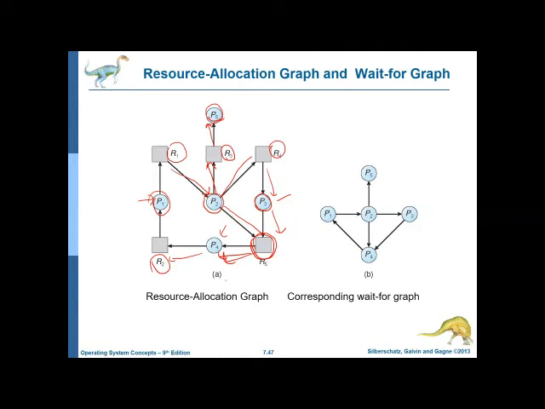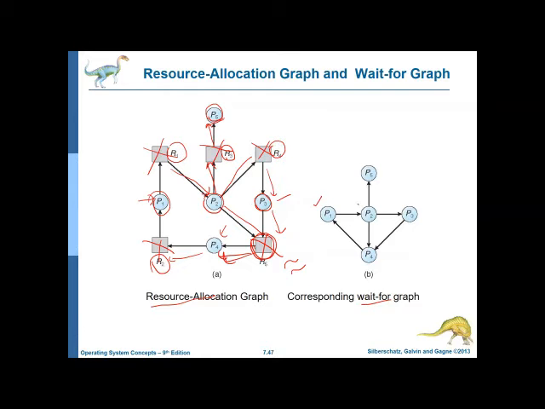Now, what is our wait-for graph? This is a case of a resource allocation graph. So with a similar pattern, we have converted it into a wait-for graph in another manner. How did we convert it? By removing all the resources. We remove all these square boxes. Okay, we remove all the resources. So by removing the resources, we are left with only the processes. Now let us look at each one of them.